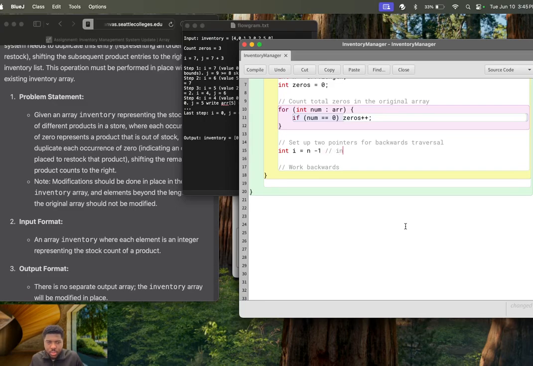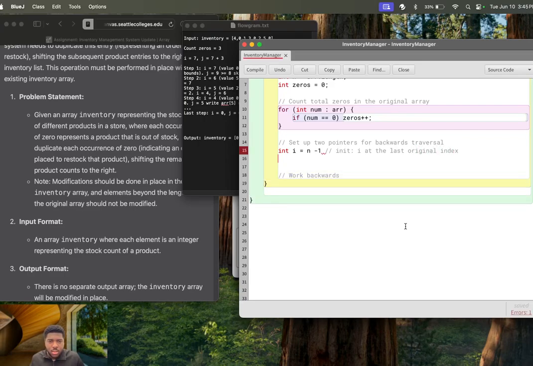Let's just say initialize i at the last original index, right? I forgot the semicolon. All right, and so we have j, which equals, actually hold on, which equals n minus